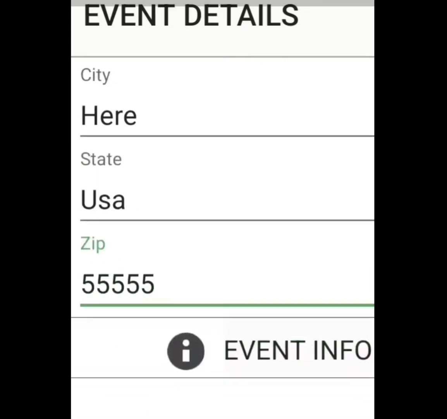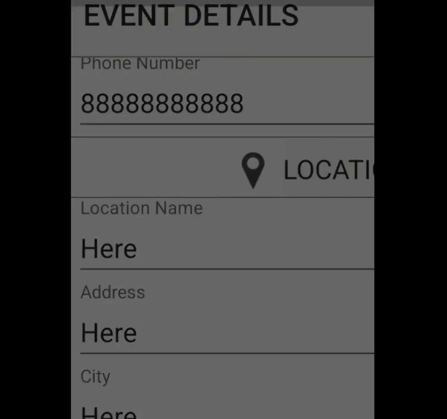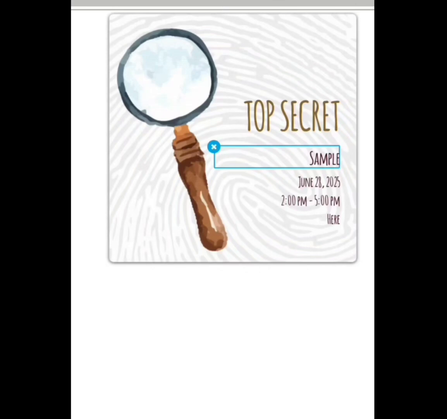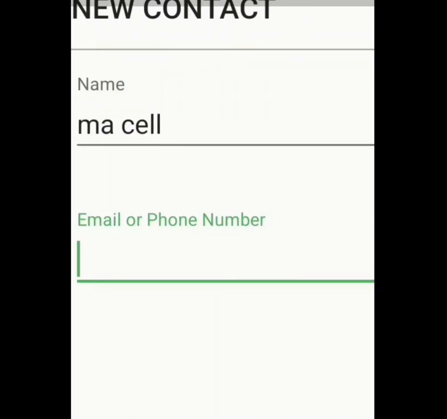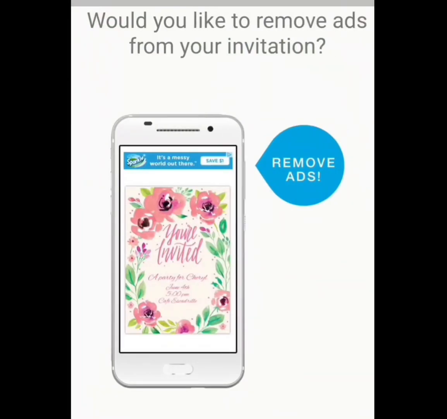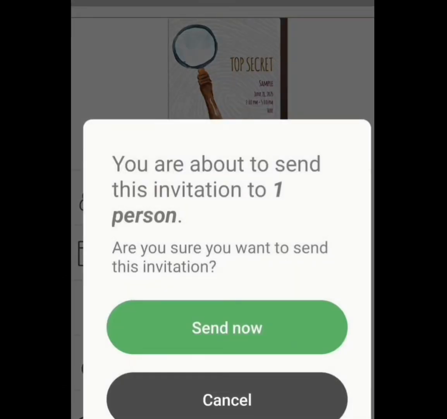Once you fill in all your information and you give your message here to your guests, you can click continue, and then you can kind of edit color schemes, placement, all that kind of stuff. Now you can add in your guests one at a time or import them if you need to from your phone as well, and kind of check everything over, send now,